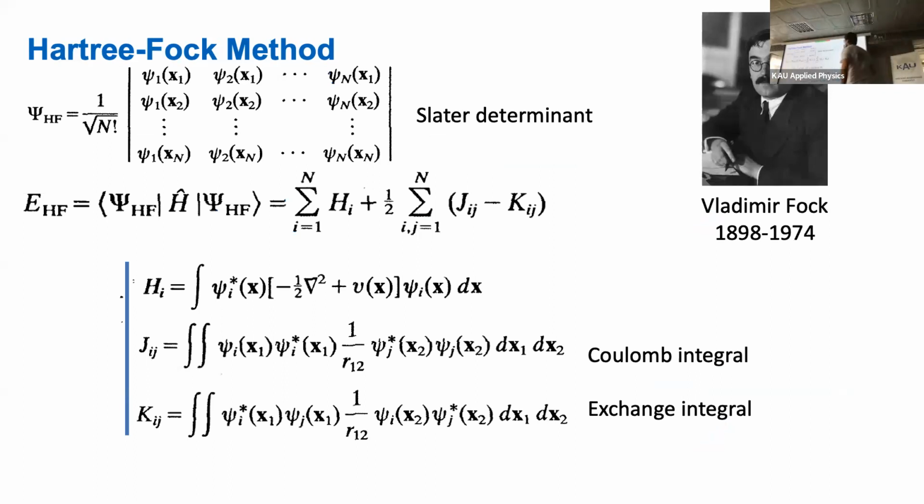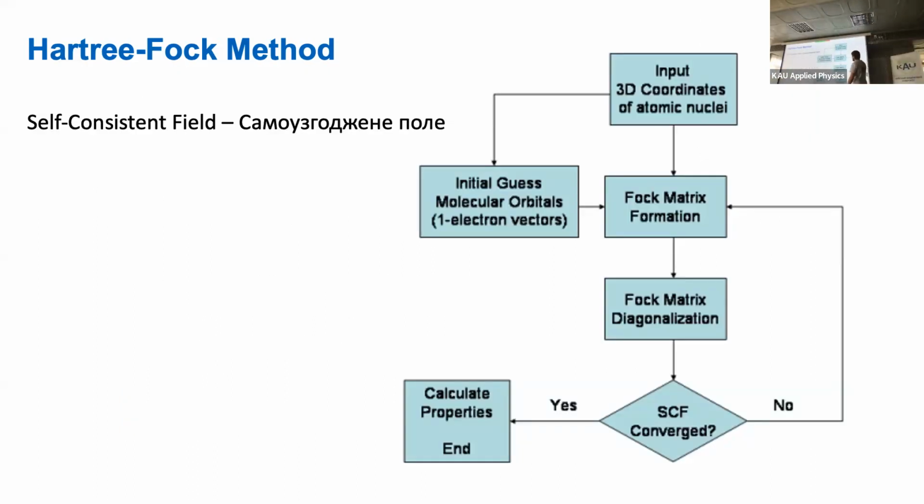Then we should solve the Fock matrix. The Fock matrix is this thing. So we should solve this and find the energy, the Hartree-Fock energy. We will have not a very good solution, not a very realistic energy, because we had a rather bad initial guess. That's why we check whether this energy is consistent with the external field. If not, if the difference is too high, we should do it again. We take the solution of the Fock matrix, take some psi functions from here, substitute them here, and we repeat this cycle until our psi functions are consistent with